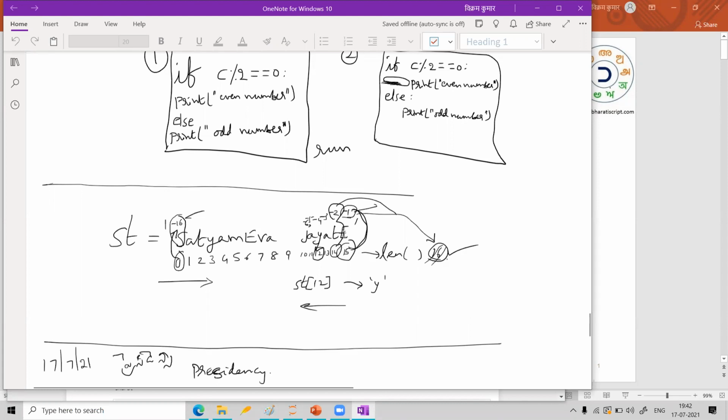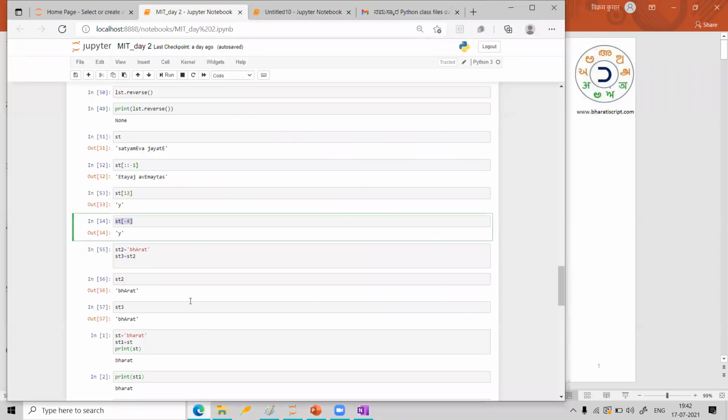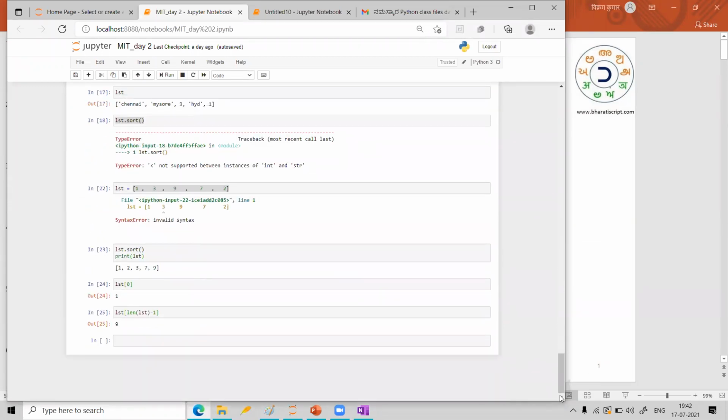So same logic, let us try to use. After you do the sorting, the last value will be the maximum value. So to get the maximum value, I can write the index as -1. Yes or no? Are you understanding this logic? So now, because of that explanation, the length of list I can skip. I need not write it. Even if I don't write length of list, it will understand. Simply I can write like this.